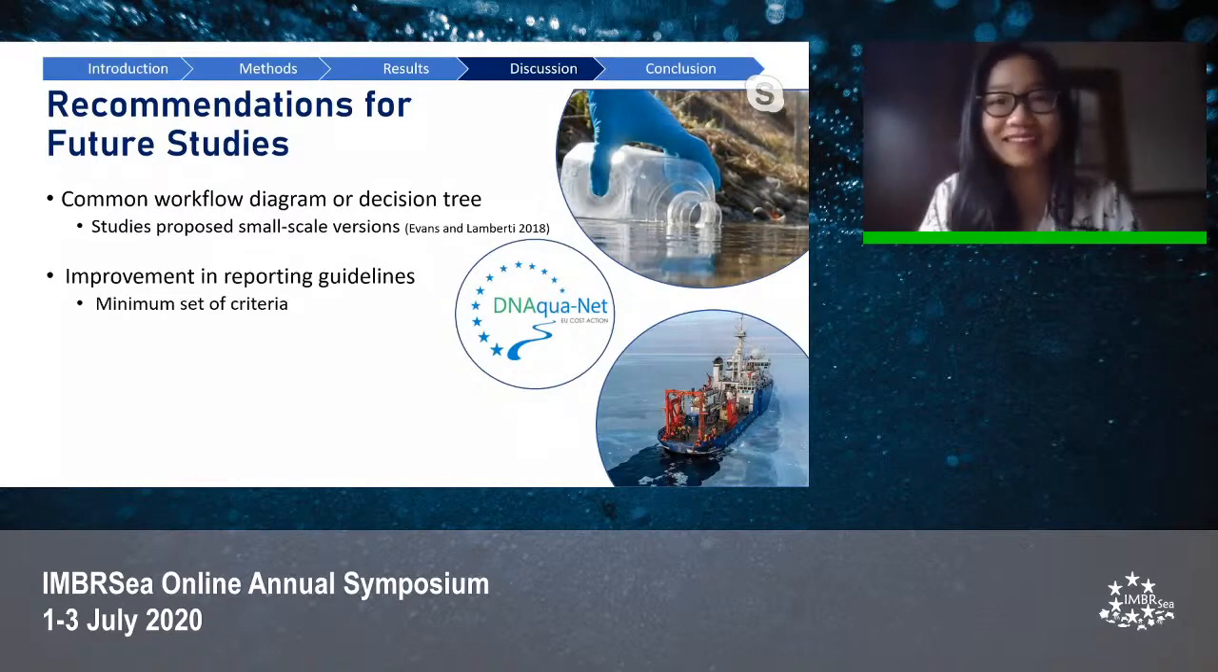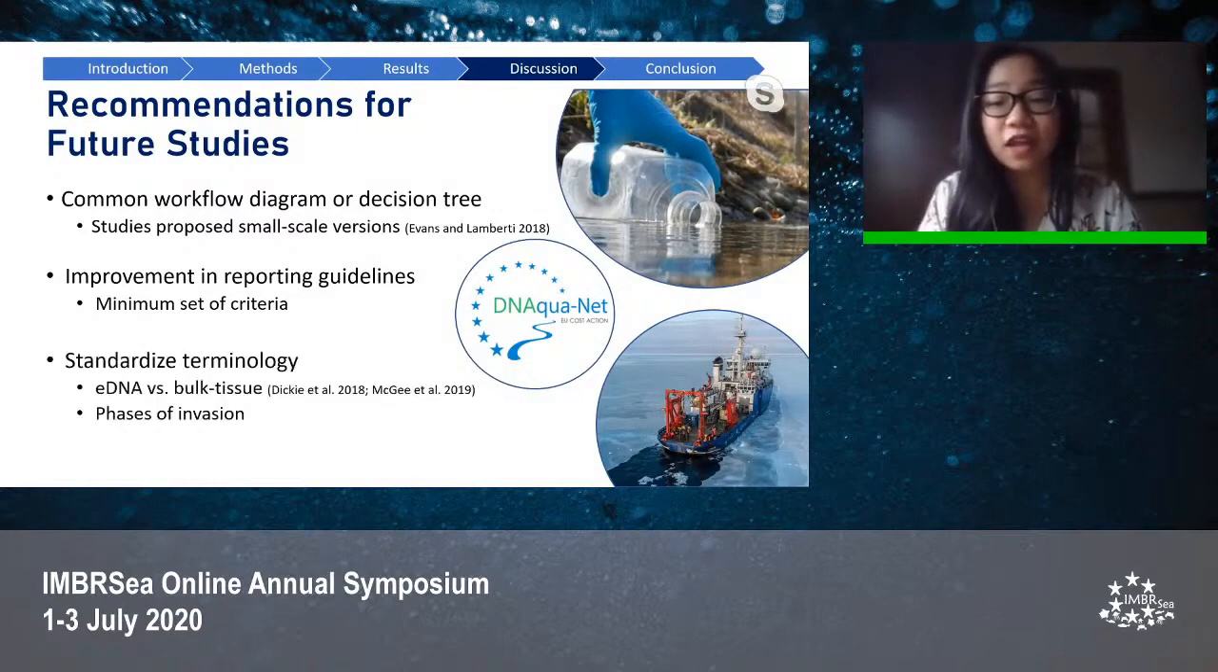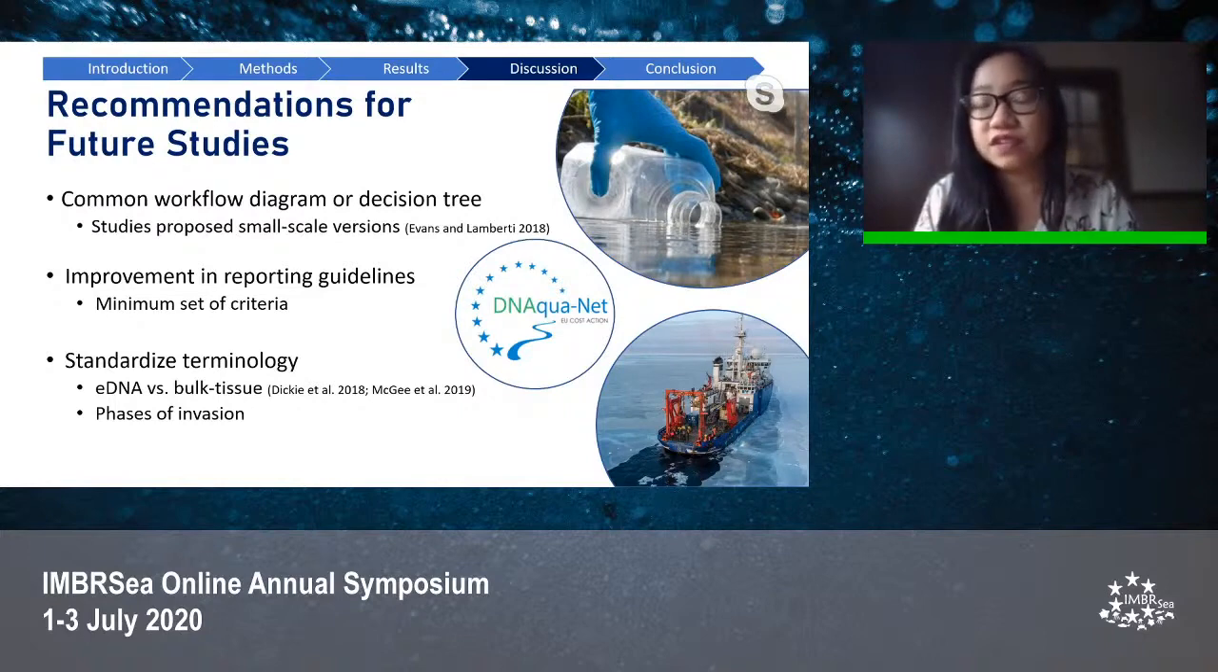There should also be an improvement in reporting guidelines, such as having a minimum set of criteria for metadata collection, and this will help increase comparability between studies. And terminology also needs to be standardized because bulk tissue DNA and eDNA are often used interchangeably for different sample types, and the phases of invasion aren't consistent across the literature. This leads to confusion for researchers when comparing studies, as well as for policymakers when eDNA results are presented to